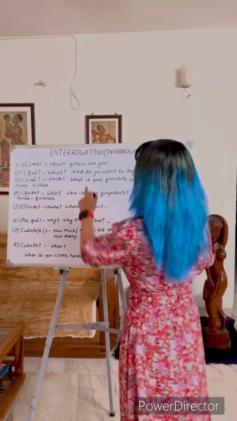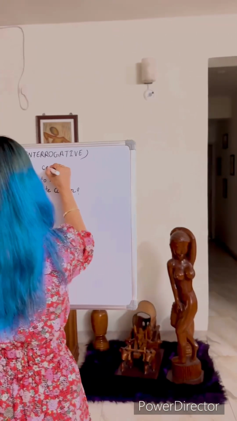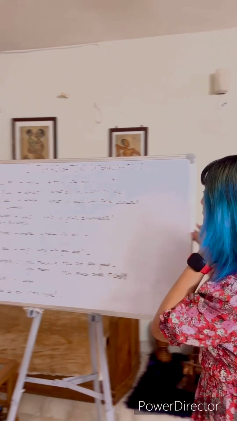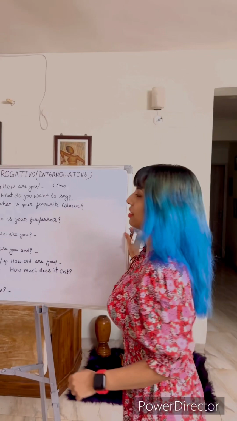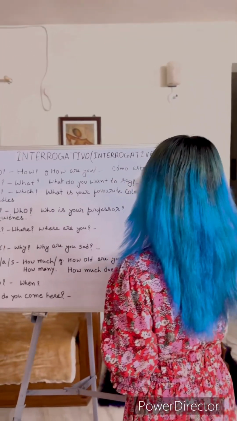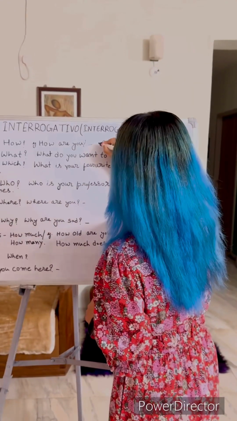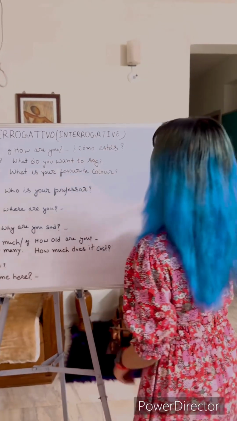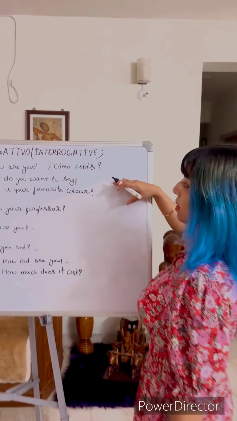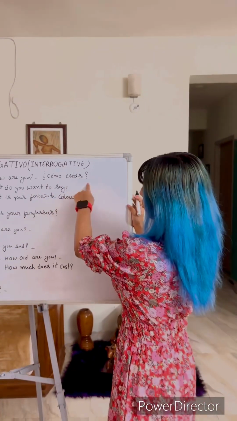It's obvious. So how are you? How? Cómo, and then the verb estar, the tú form conjugation of estar is estás. ¿Cómo estás? Then two question marks, one at the beginning of the sentence and another at the end of the sentence. And the first one is in upside down form and the next one is in regular form.